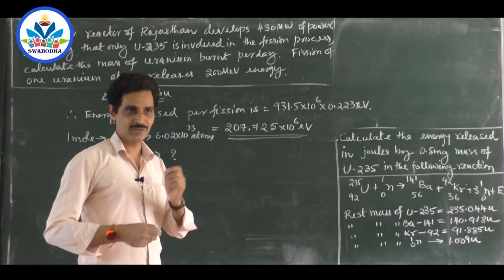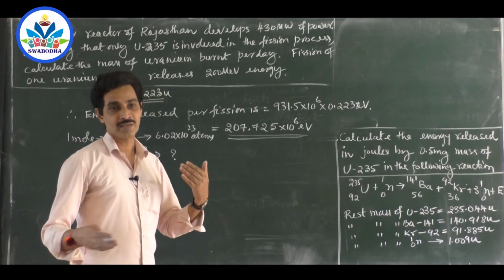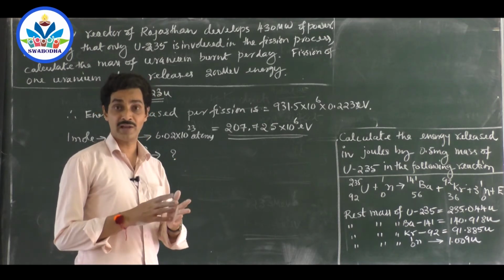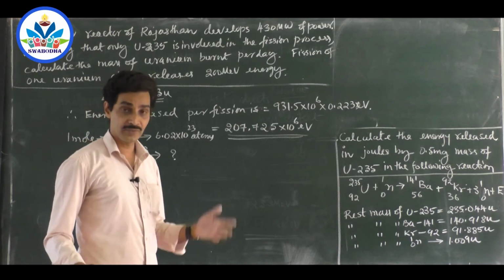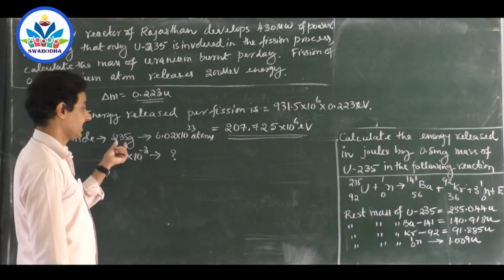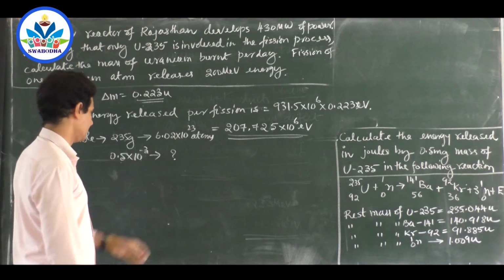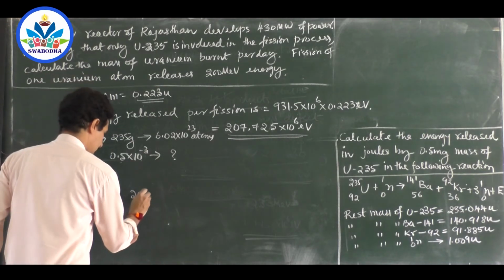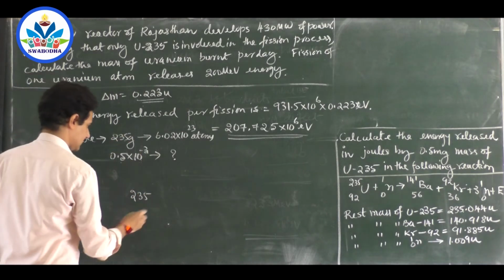So every time you will have to recap what you are doing, because this is a long process. Otherwise somewhere you will be caught and you will not know where to go, whether to come back or move forward, where we are, what we are finding out now. All those confusions will occur. So 235 gram, that is 1 mole, contains this many atoms. This much gram contains how many atoms? Let both be in gram. If you want to convert it in kg, convert both to kg.